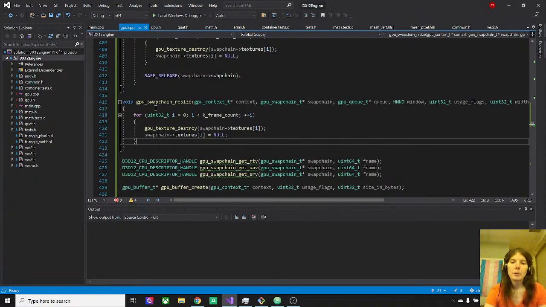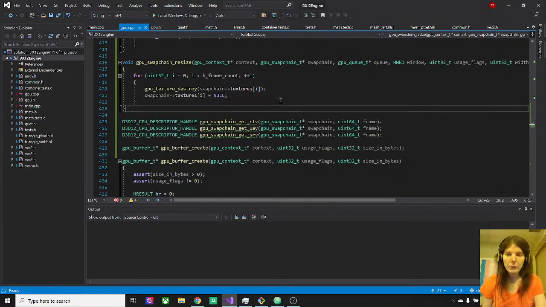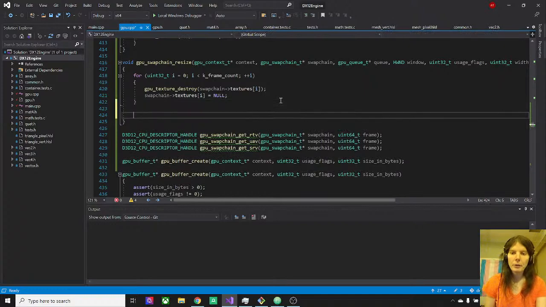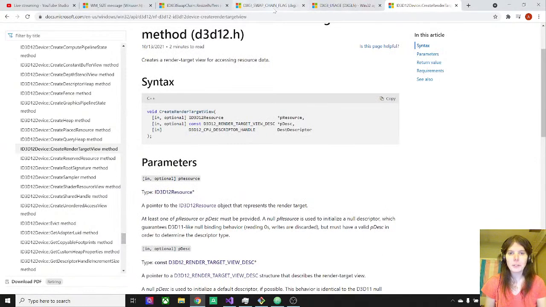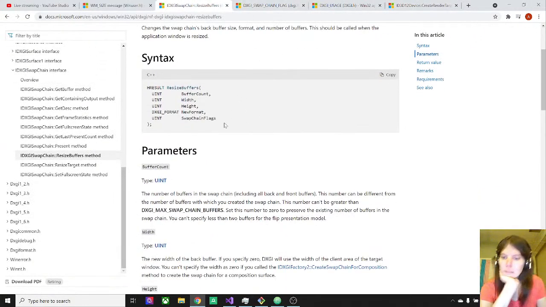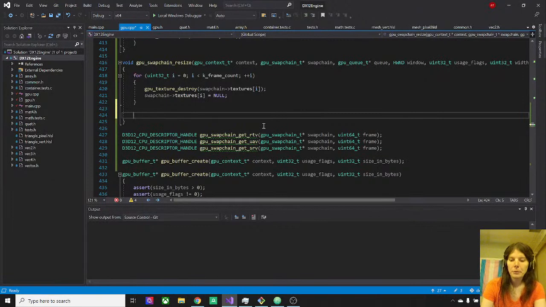Because we have to go through and destroy all the textures. This won't actually destroy the textures, I'm pretty sure. All it will do is remove the references that we hold to them, which I think we have to do before it'll actually let us resize. So we can do